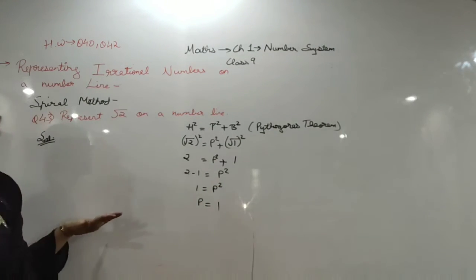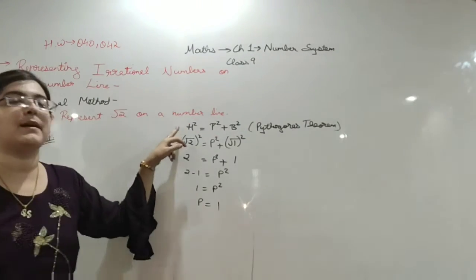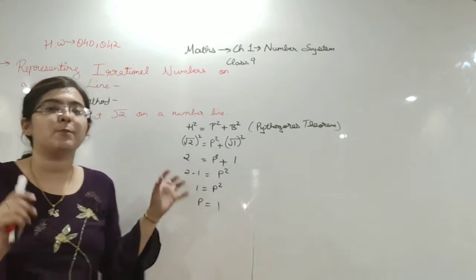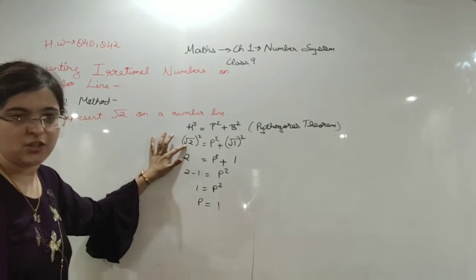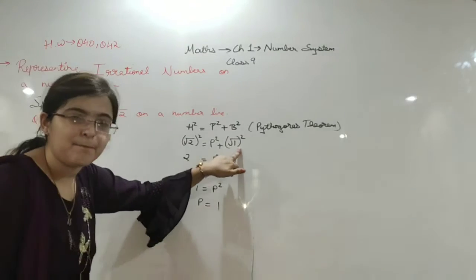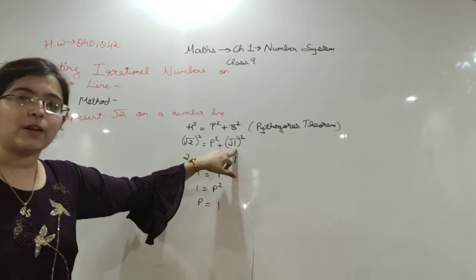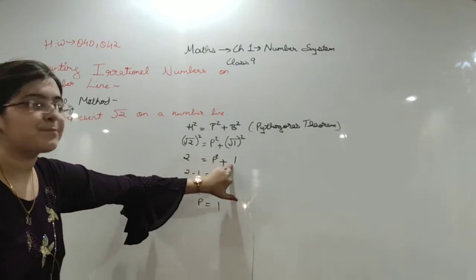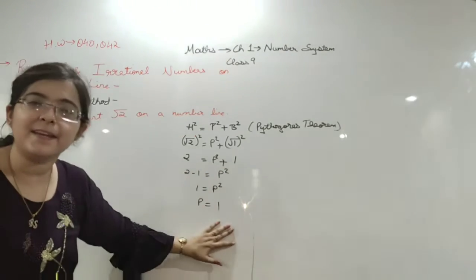Are you able to understand what I have done? The question was root 2. You have to put that number in place of h. Try to understand the process. It's a new process for you. You have to put root 2 in place of h, and the number 1 less than the whole number 2 will be 1. If here it were 3, then we would have taken 2 here. Here it was 2, so we have taken 1 here. Now what will it become? P square plus 1. Now the value of P square will be 1, so P is 1.